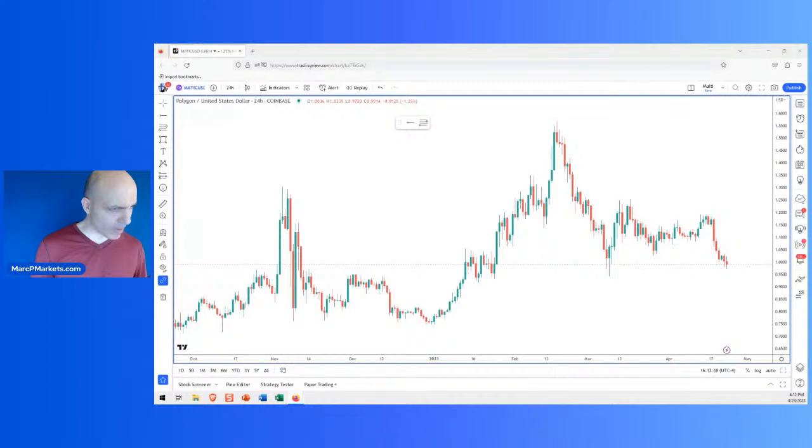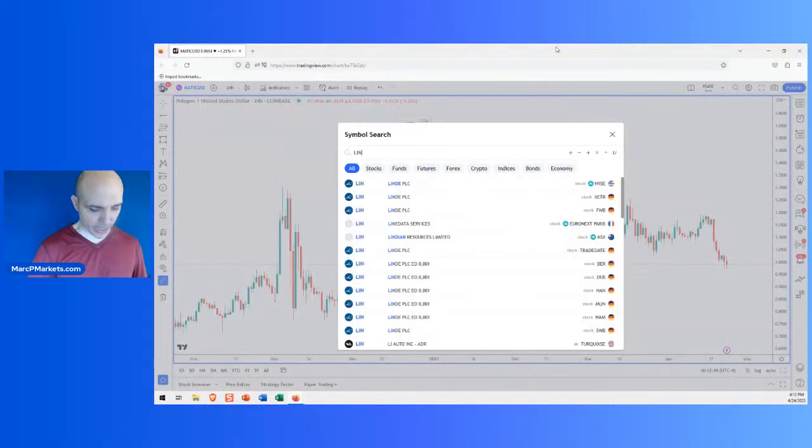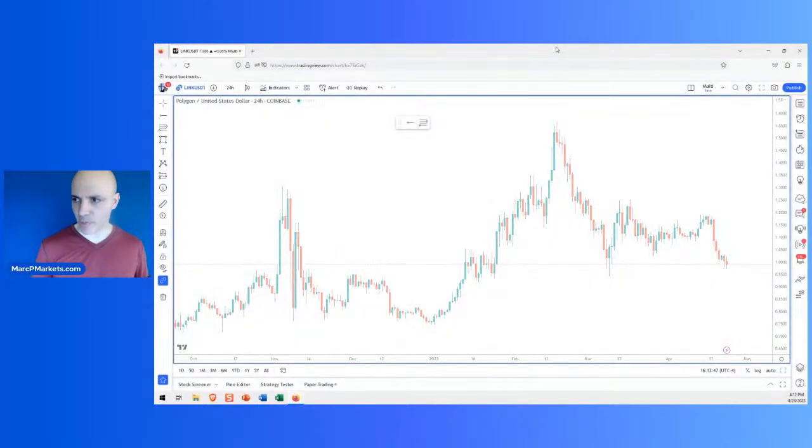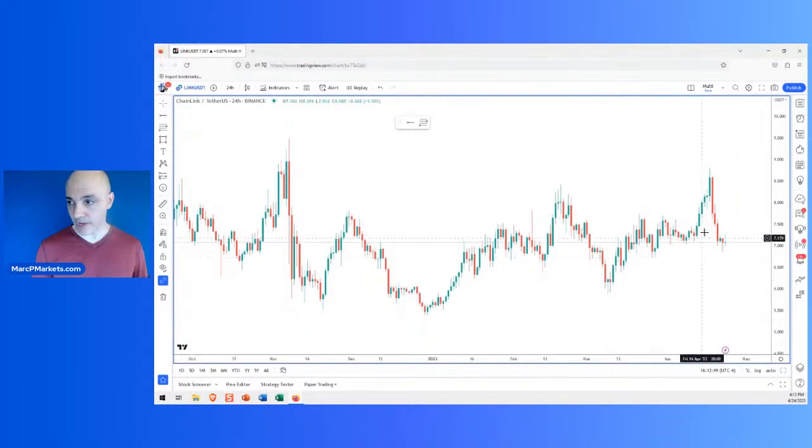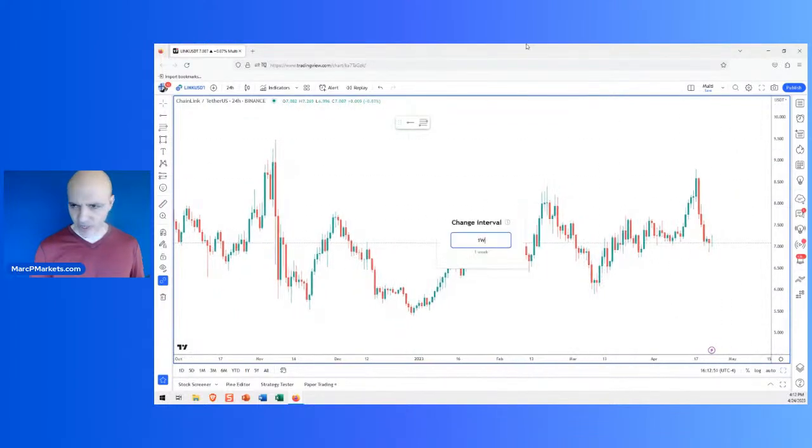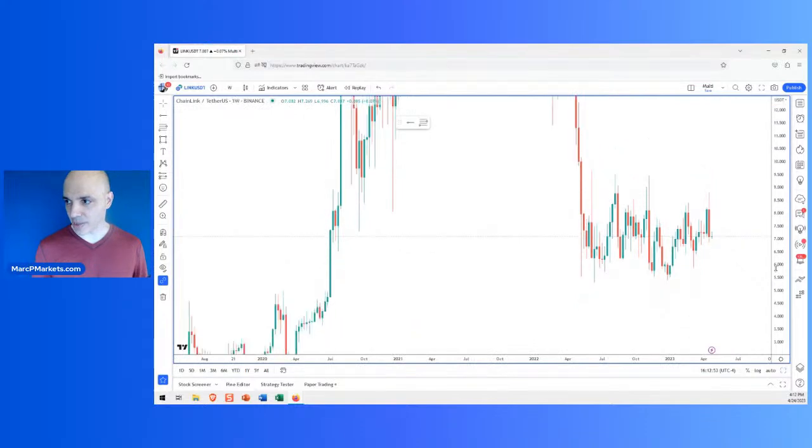Works. Okay. What do you think about Link? Okay. So again, another altcoin. Let's take a look. All right. Link USDT. So it's probably going to be similar stories across the board. This is interesting. So let's go to a weekly chart first on Link and just see the bigger picture, right?